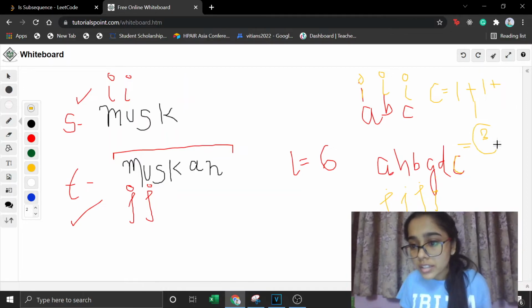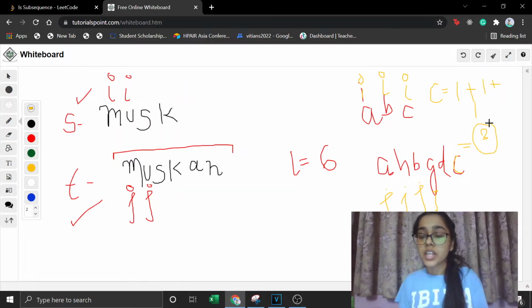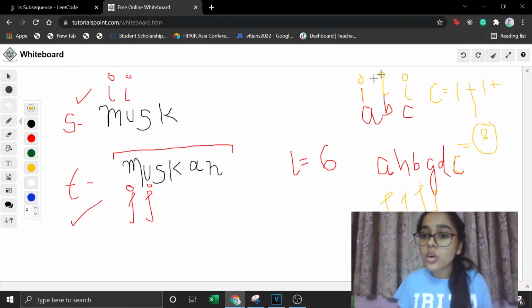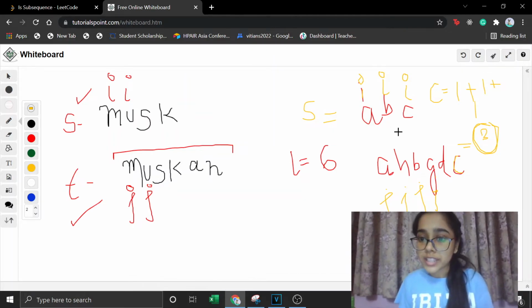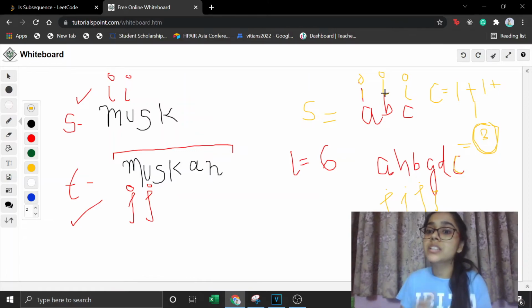Are you able to observe that if we are able to find all the elements of this particular string in this particular string, then our counter would be equal to the length of string S? Okay, it is very easily observable. And also we cannot decrement our counter, so I is only increasing. So here we are also able to check the order, because